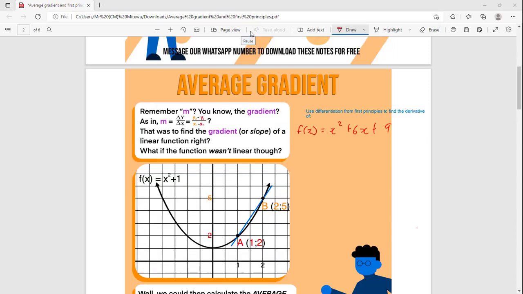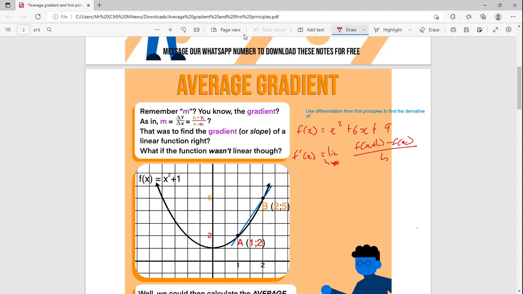Alright, so let's try a question in this context. Use differentiation from first principles to find the derivative of f(x) = x² + 6x + 9. So as soon as you see "from first principles", you know that we have to whip out our formula. The formula reads: the first derivative, f'(x), is equal to